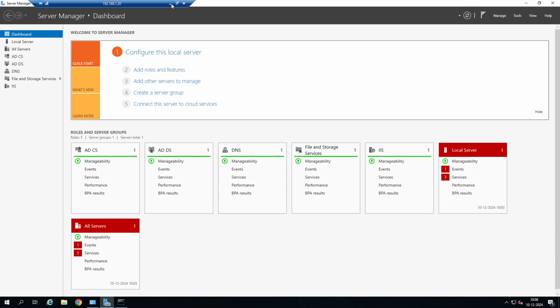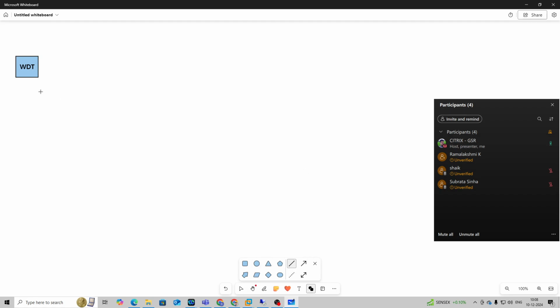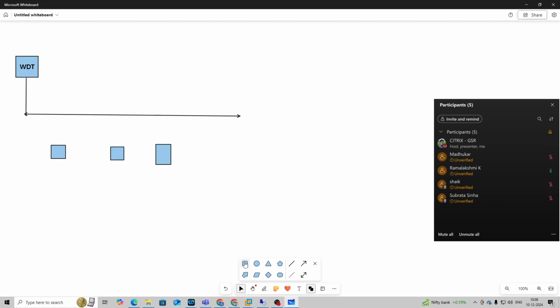Once you have linked it, suppose you purchased five laptops. This is the WDS server, and you have this network. You need to create the ISO file and do some configuration. Once everything is done, you have a laptop on your desk, without OS. If you connect this laptop to the network where the WDS server is connected,